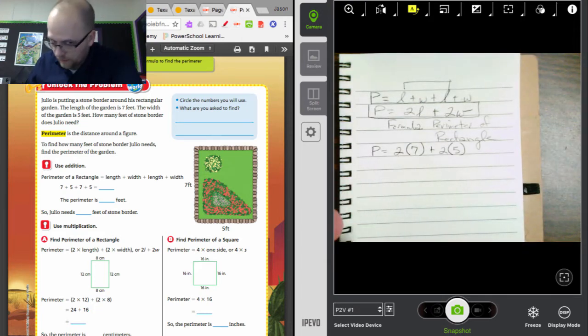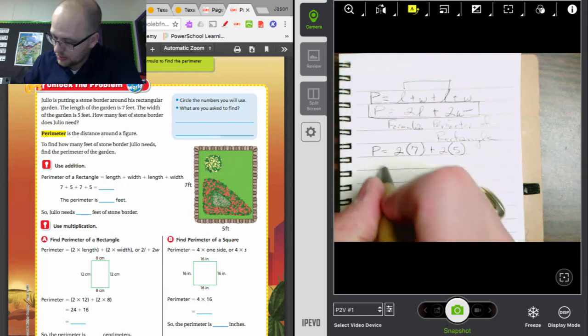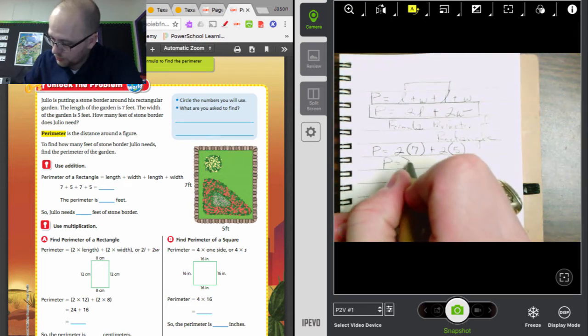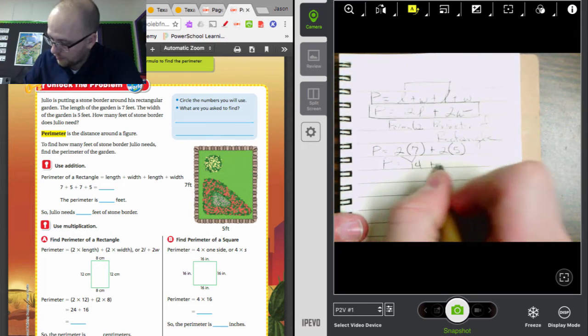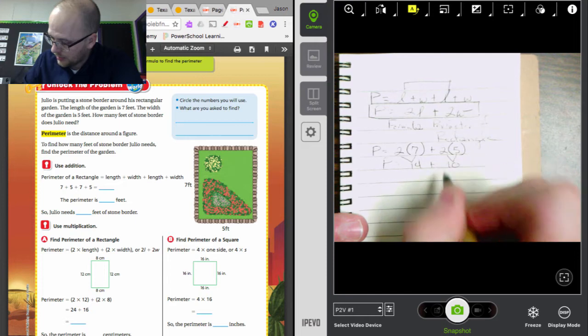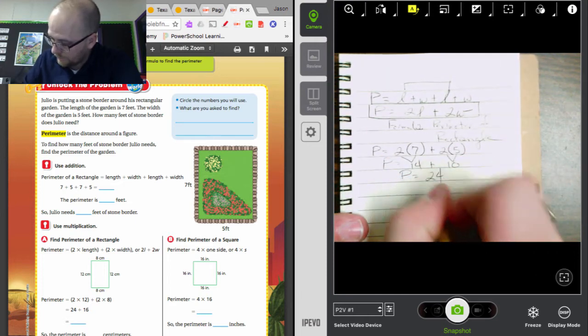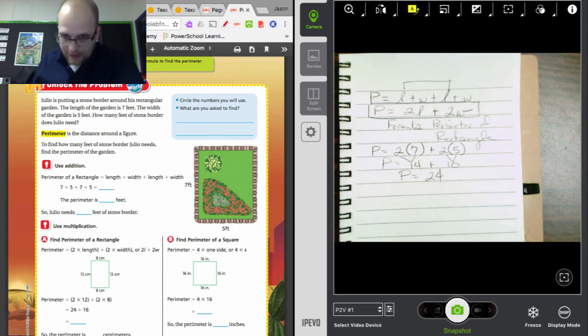Let's solve the equation and we'll find out how long his border around his garden is. P equals 2 times 7 is 14 plus 2 times 5 is 10. That means that P equals 24. Okay, easy peasy. All you got to do, 2 times the length of the rectangle plus 2 times the width